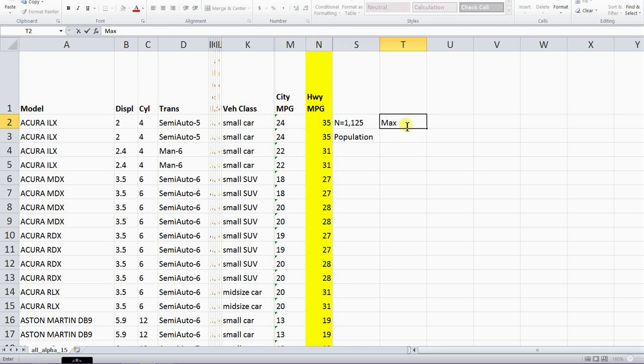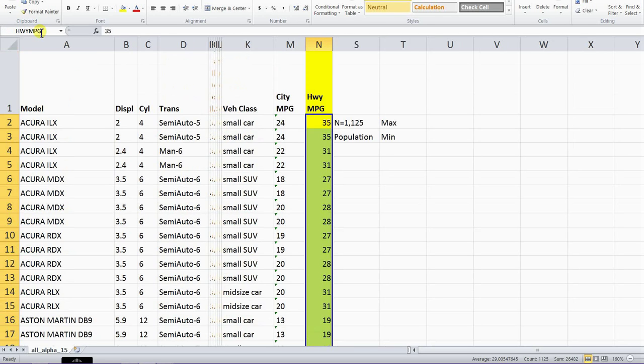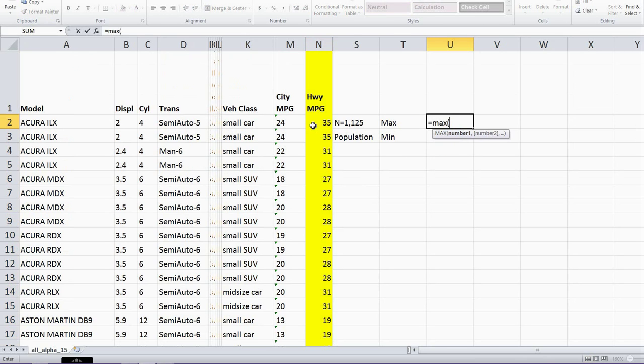we can just get the maximum and the minimum using these simple functions here, equals MAX, and then telling it where the data is that we want to use. Before we do that, let me show you a quick shortcut. Let me again click on this first number, hit Control Shift and then the down arrow. That will select all of those numbers, and I'm going to take advantage of the name box. If you click in the name box here, we can give this data a name, like we'll call it HWY MPG, for highway MPG. Hit enter, and now if we want to use this data in a formula, we can just type equals MAX